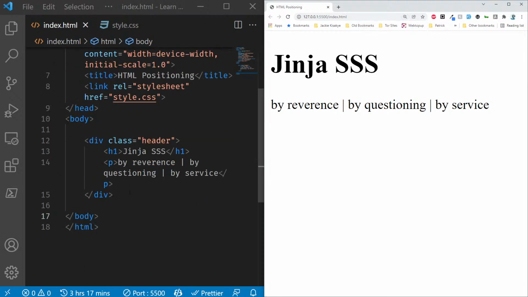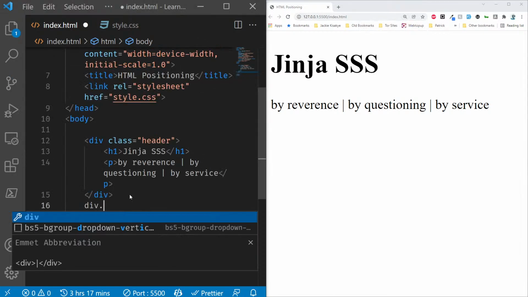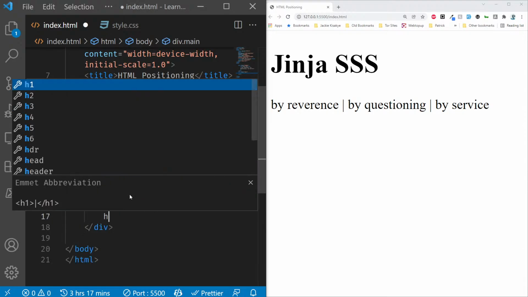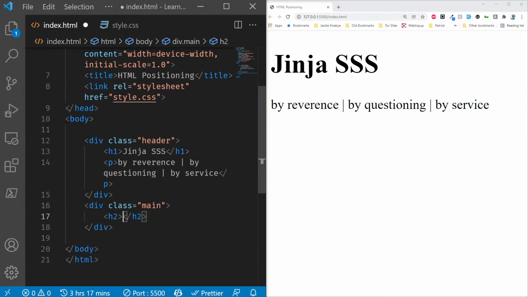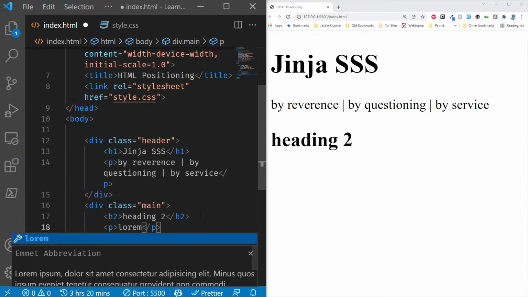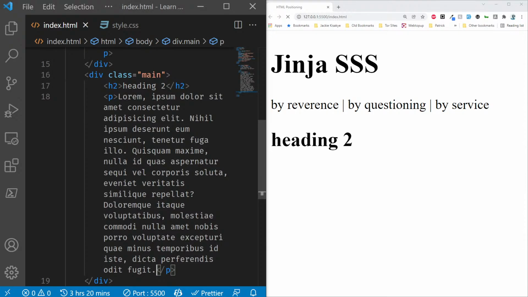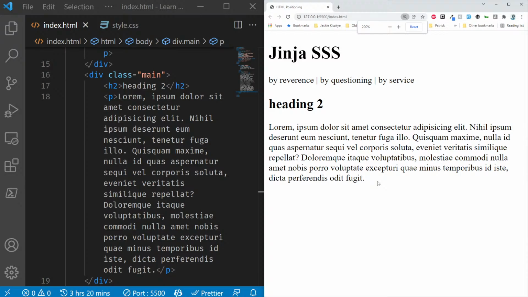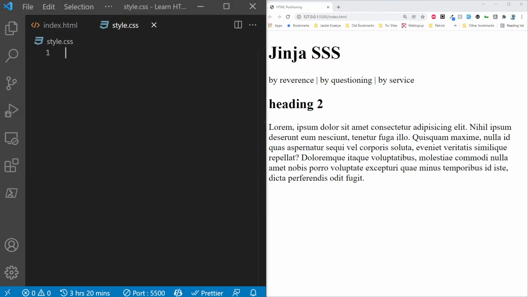So let me have div.main, something like this, and I say maybe h2, heading 2, and below heading 2 I need to have a paragraph with 50 words, something like this. Let me zoom this out. So if I go into my style sheet using the universal selector, which I told you guys last time,